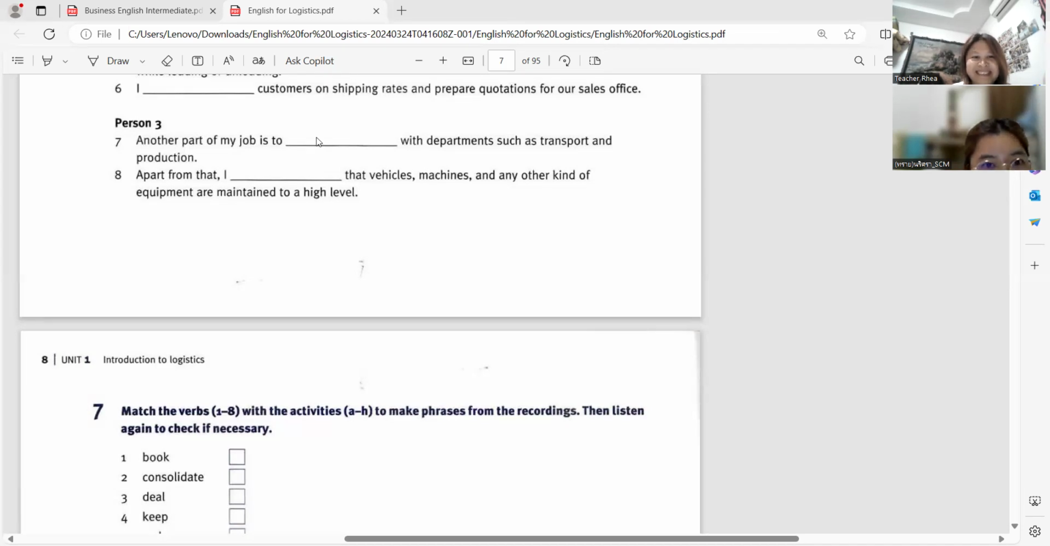What is it? Relate? Liaise. This one is liaise. Oh, I don't know the